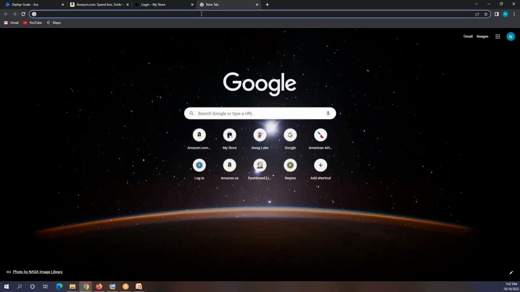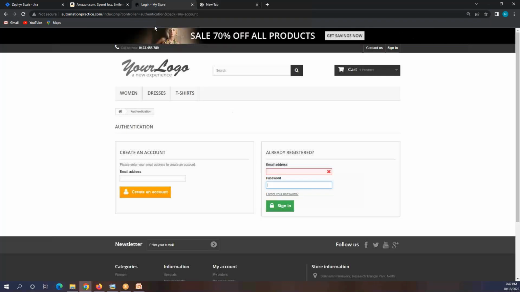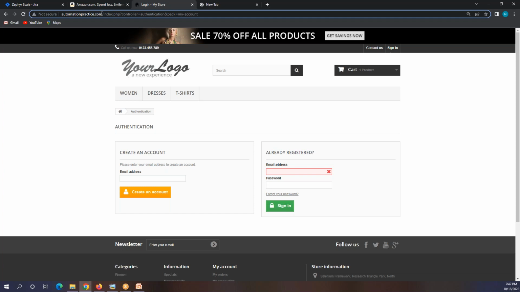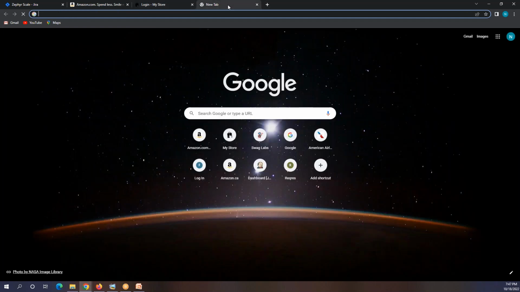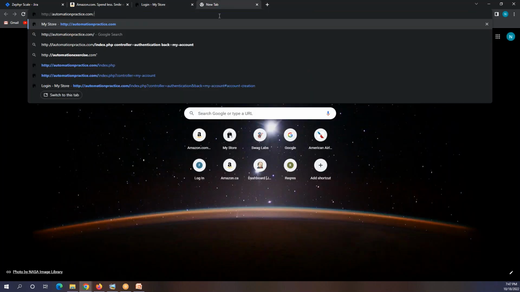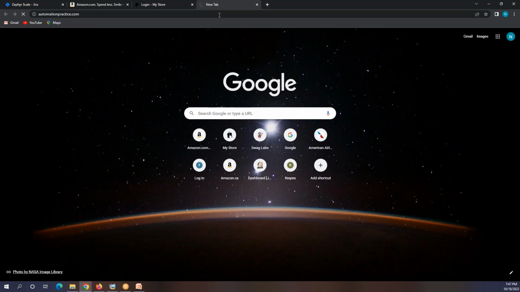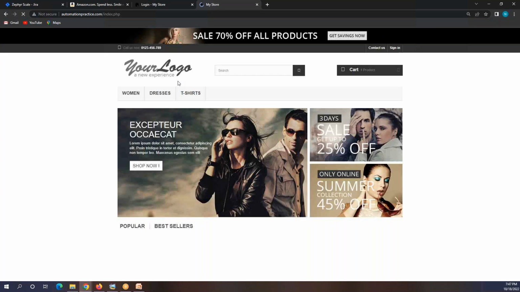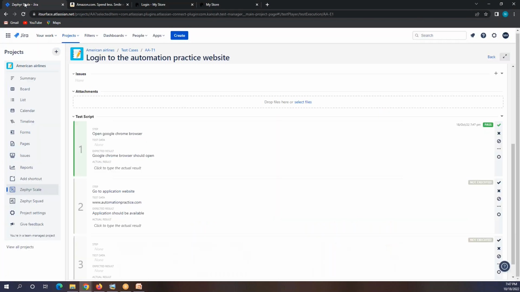Now the second thing is that I have to go to this website. And when I hit enter, it's supposed to take me to that automationpractice.com homepage, right? So I can see this homepage, which means the application is live. So the step is go to application website. This is the URL. Application should be available, so it's available. So I can say it passed.